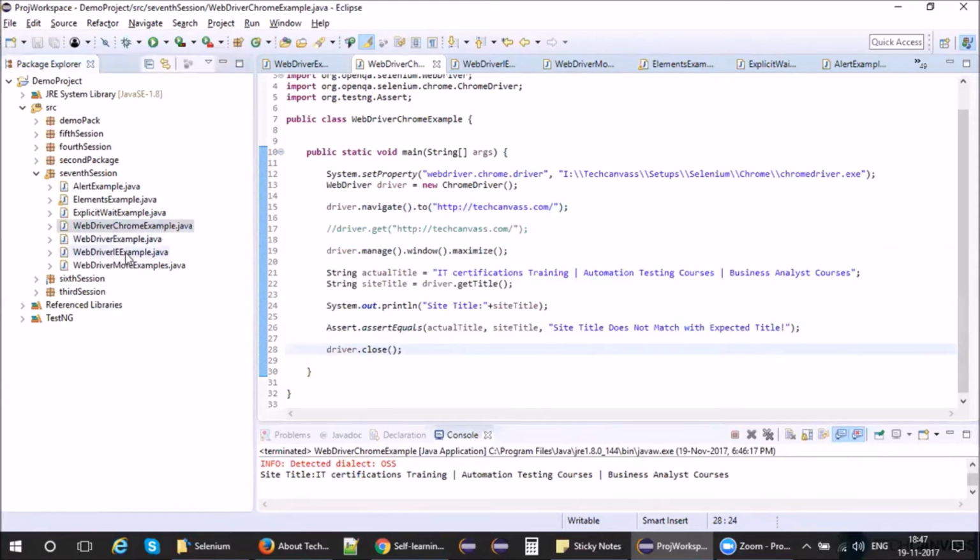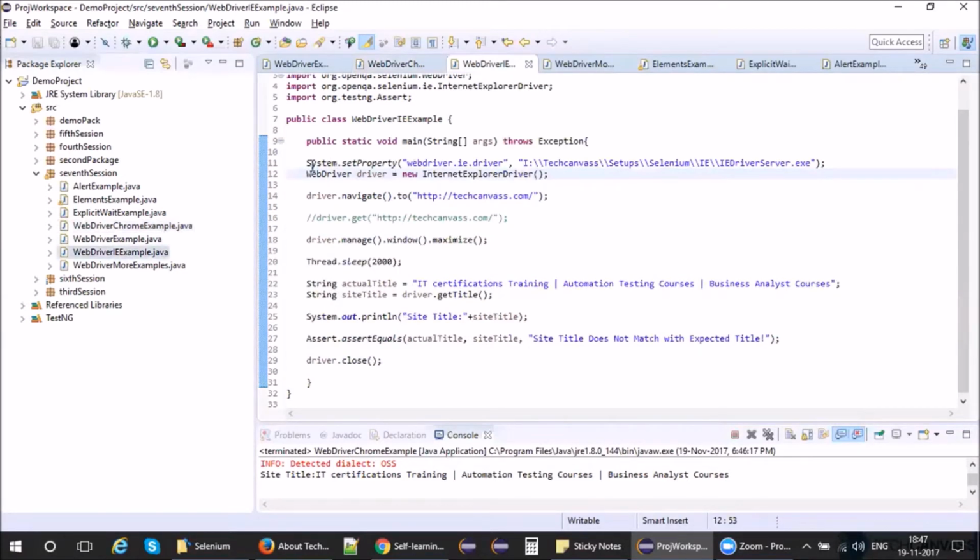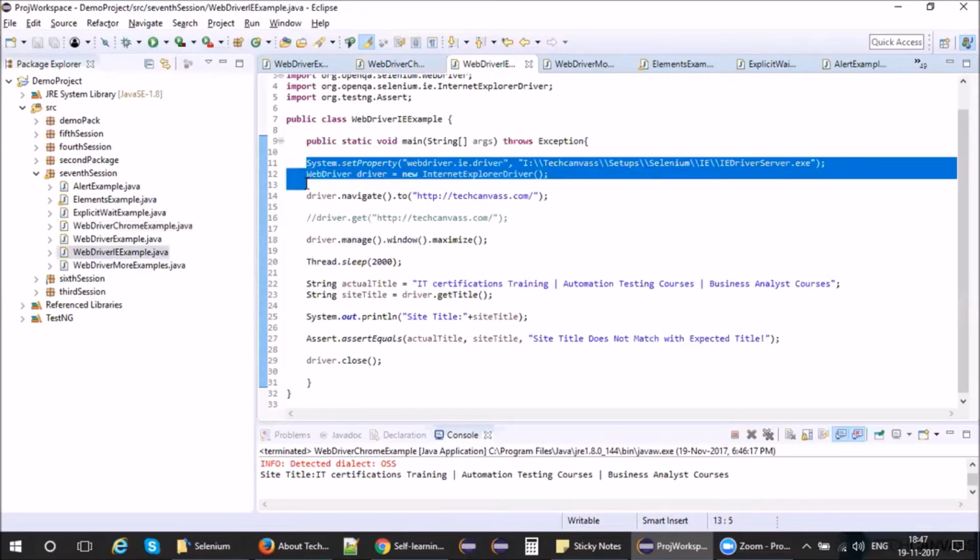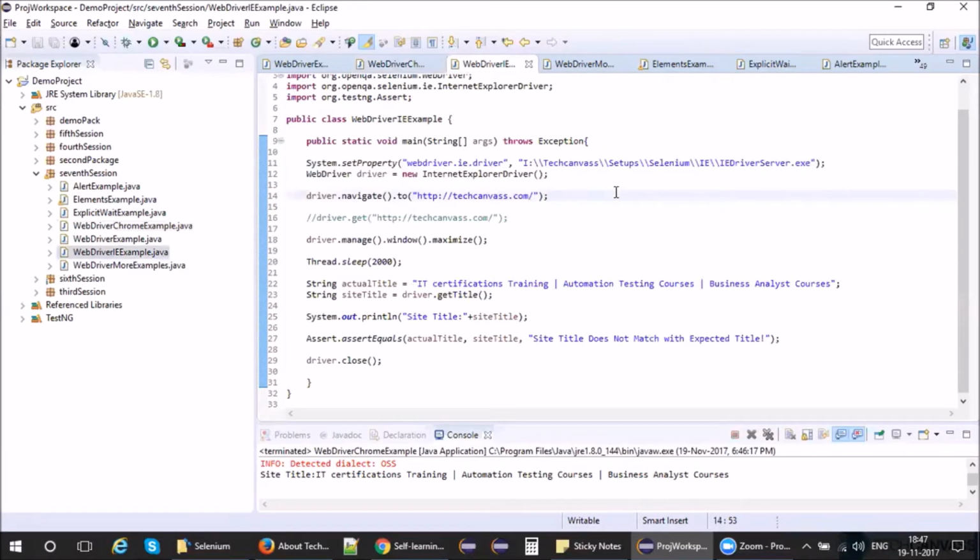Similarly for IE, we make use of the same way. Instead of Chrome, we make use of IE. Now, for IE, there are certain things that we need to take care. IE being a really strict browser,